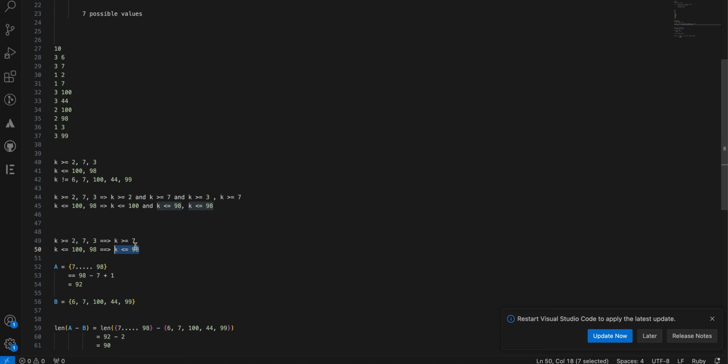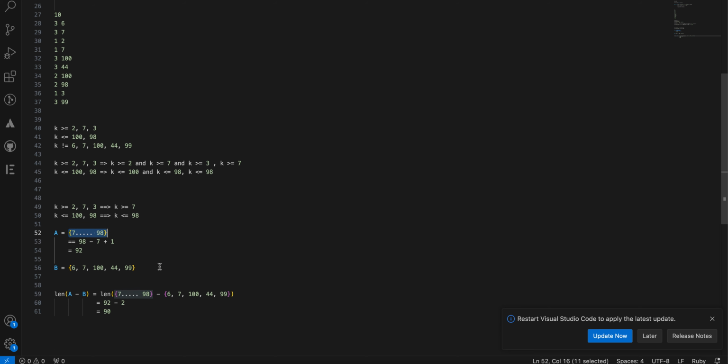Right? So we got the range of k from these two inequalities. So k will range from 7 till 98. So the total number of elements between 98 and 7 will be something like this, right? Max minus min plus 1, right? So 98 minus 7 plus 1 will be 92, right? So all the possible values of k from the two inequalities will be 92,